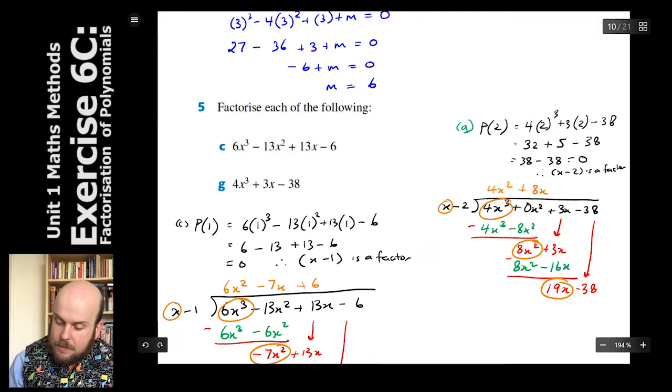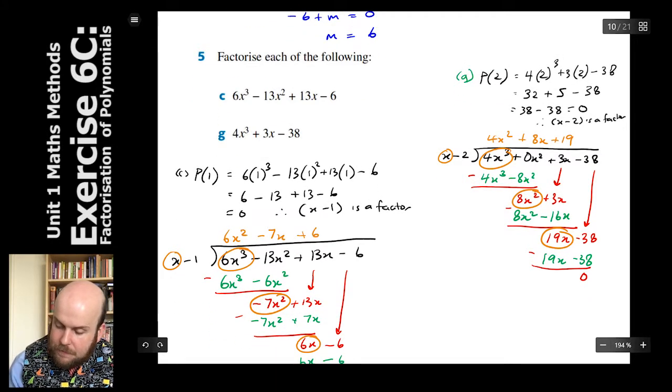And we'll do another division. 19x divided by x is positive 19. So 19 times x is going to make that equal to 19x. 19 times negative 2 is negative 38. Huzzah, we have got our value. So our answer here